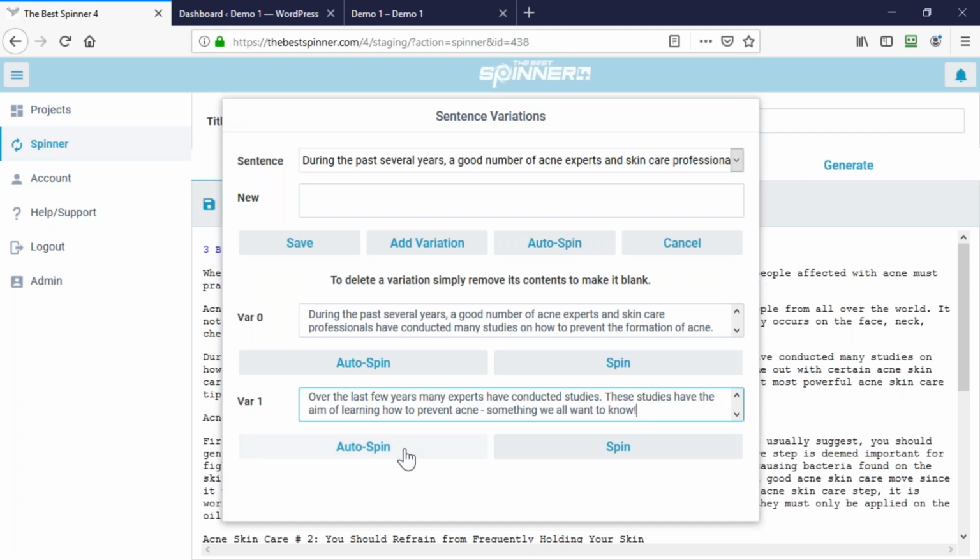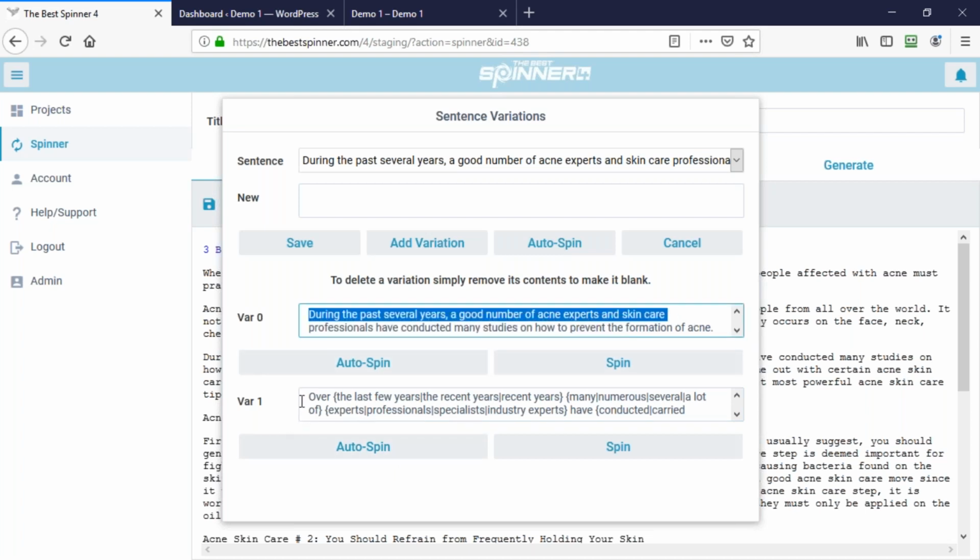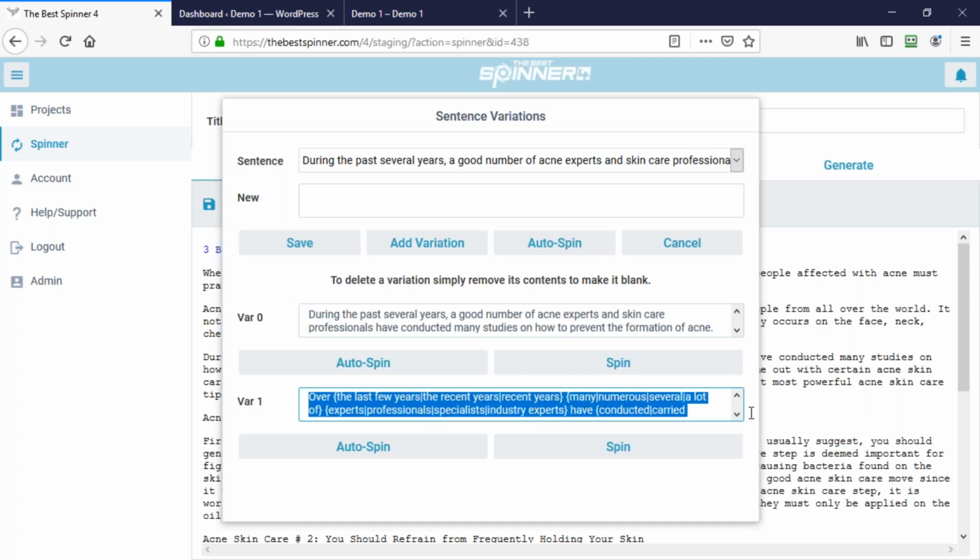So if I do the auto spin just for speed, I'm now getting variation zero spinning with all the spun variations of variation one. I hope that makes sense, but it is nested spinning, which means you get more complexity of output, more variety,